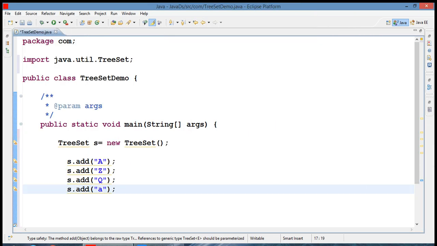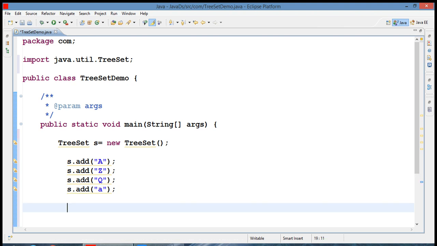Now we'll try to print this treeset. We'll write a sysout statement, and inside we'll pass the object of the treeset, s. Here we'll get the output: first a, then z, then q, and at the end a. As we are using the default constructor, it will maintain the default standard natural order of sorting.